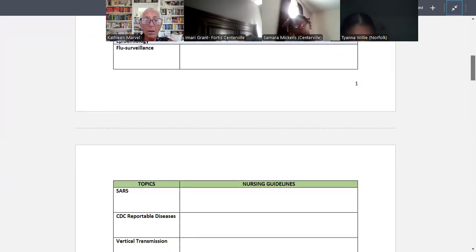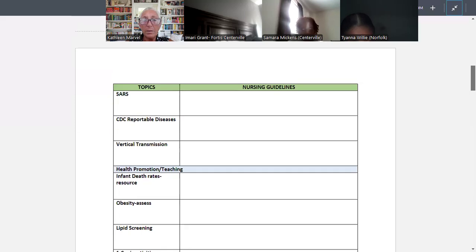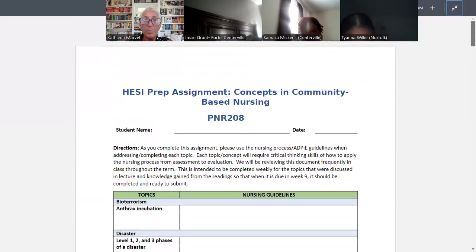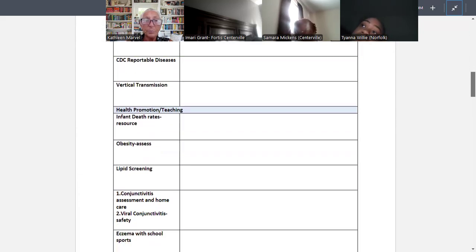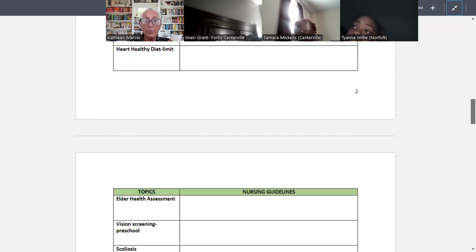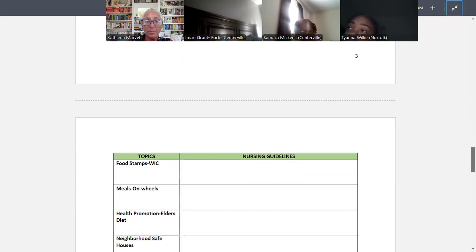It has a lot of boxes on the left-hand side. It's broken out into concepts. The first is a bioterrorism section. There's a disaster section. These are things we will cover in class, or concepts we'll cover in class. There is a large section on health promotion and teaching. All different boxes with information.